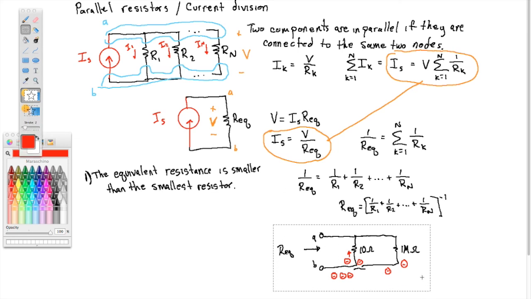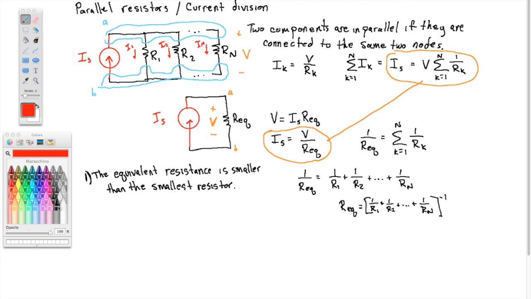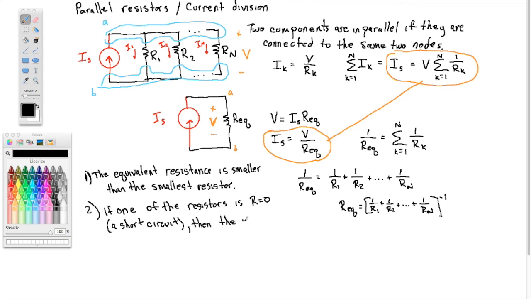Alright, let me erase that. Property 2. If one of the resistors is R equals 0, a resistance of 0, we call that a short circuit. Then the equivalent resistance is